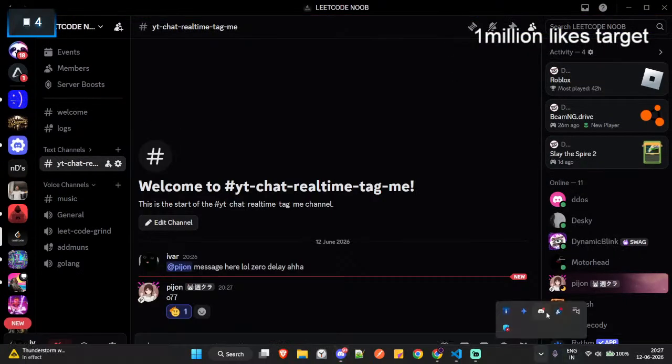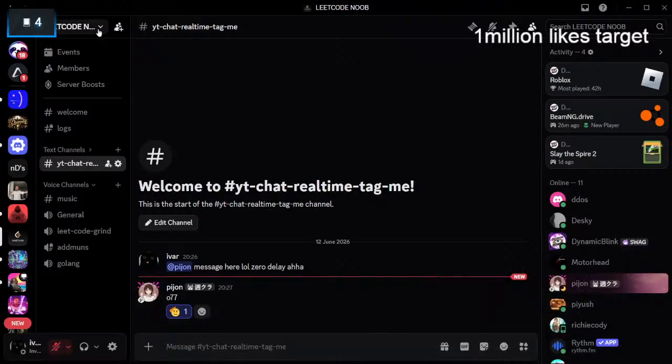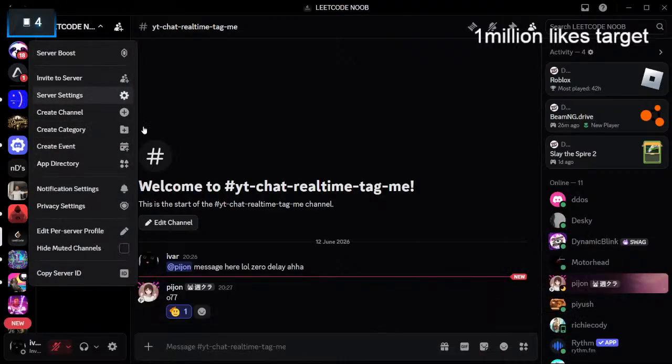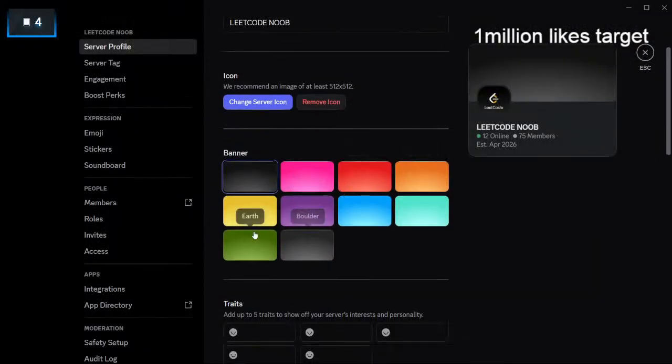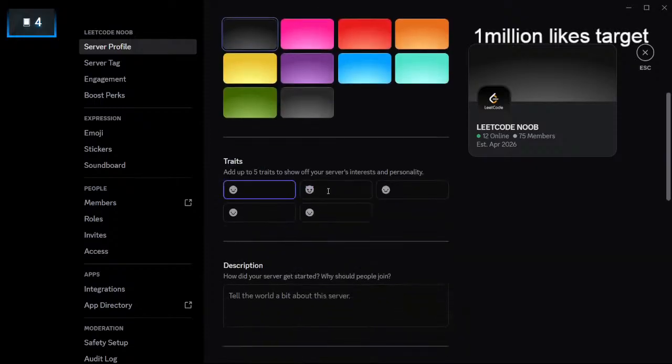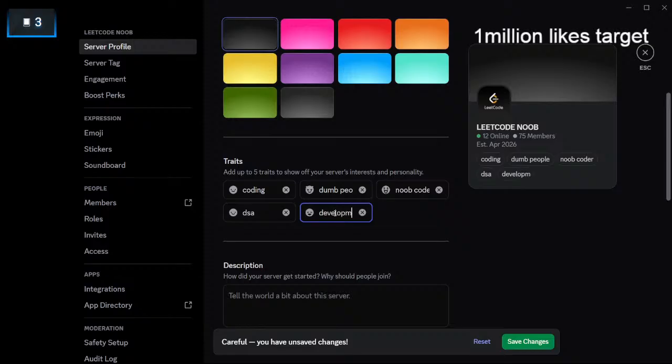Disable. Do I have the Discord notification on? What is it? Oh, coding, dumb people, smart people, coding, DSA, development.